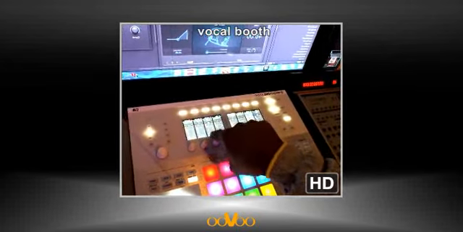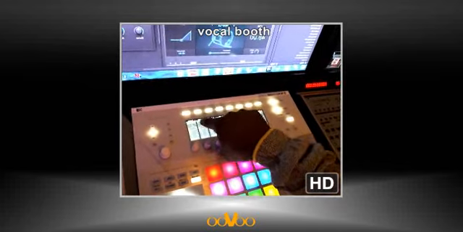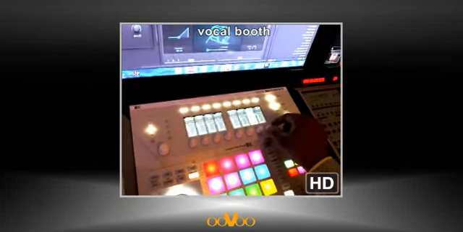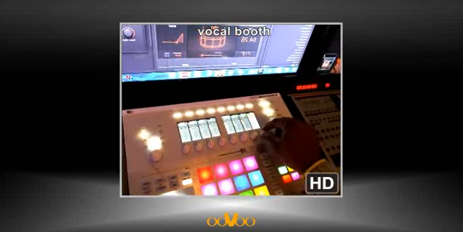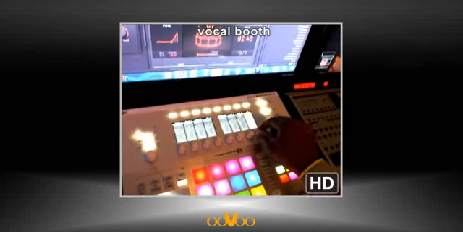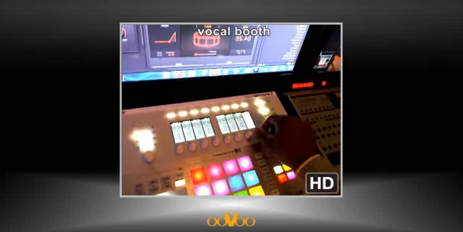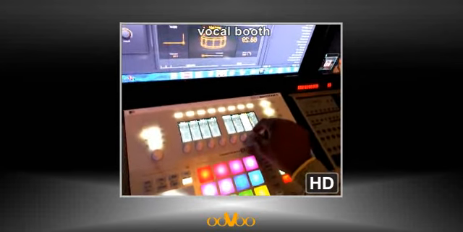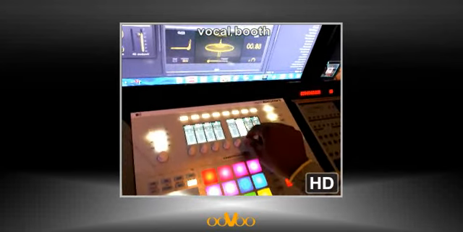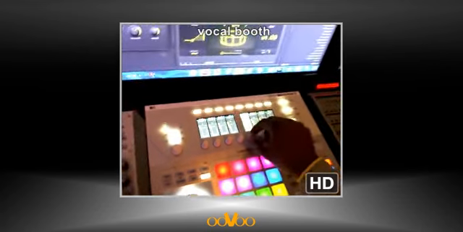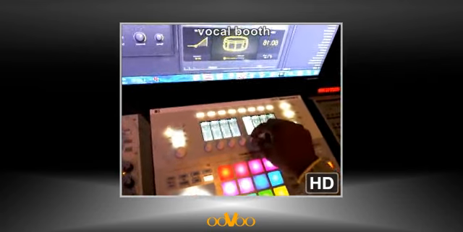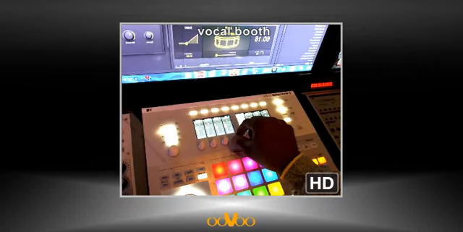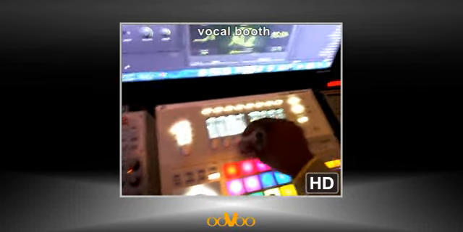Very visual, very self-explanatory, and very easy because there's a roller right underneath. I mean, that's just beautiful. You're able to adjust your sounds quick, easy, no mistaking,